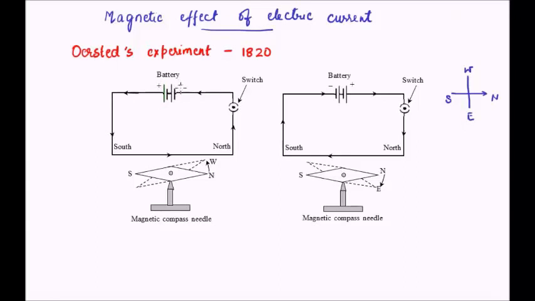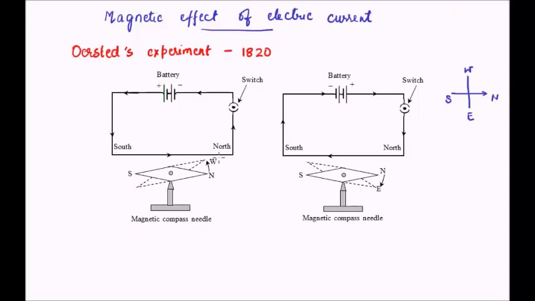These two are parallel concepts. Here the positive is here, negative is here, and here vice versa. So basically the current's direction is opposite in both the cases. Let's consider this particular case. Now what he observed was that when the current was flowing in this direction and a magnetic needle was placed below the wire,